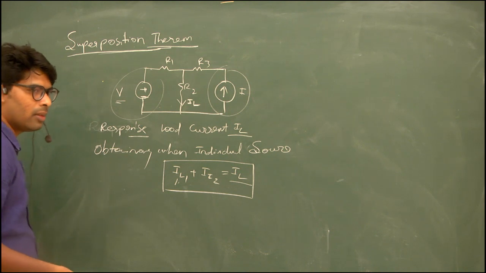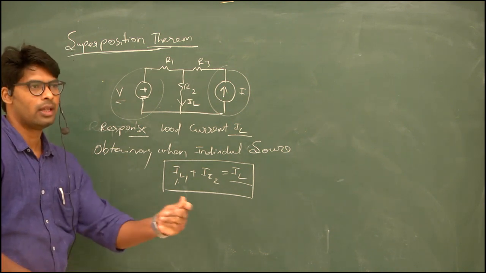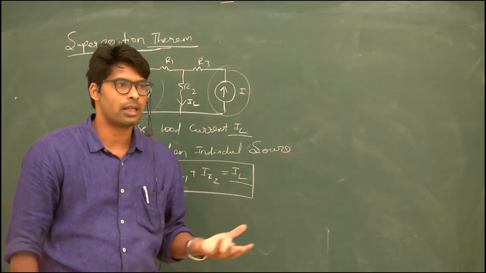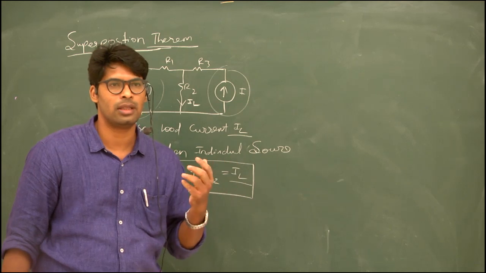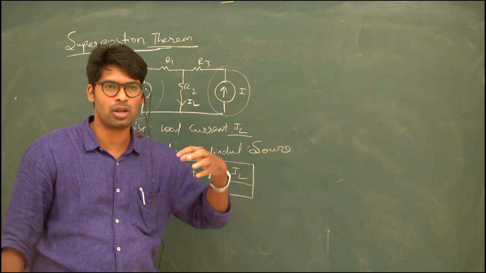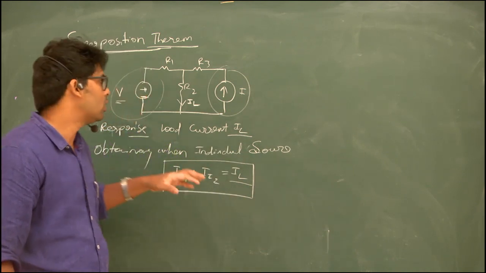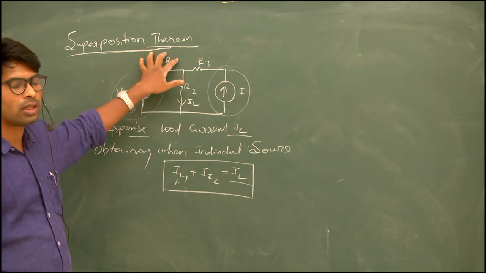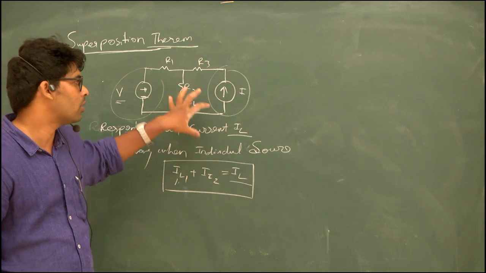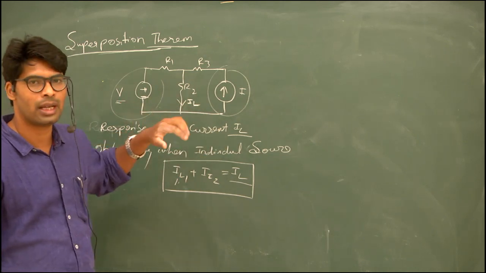For any theorem, you need not memorize the definition by heart. The definitions are obtained from experiments. For a circuit, researchers think something is inbuilt that we have to extract from that circuit, and the theoretical part is developed based on the circuit only. To define the superposition theorem, you just observe the circuit, any circuit. I just take this circuit, but instead of this circuit, you may take another circuit.